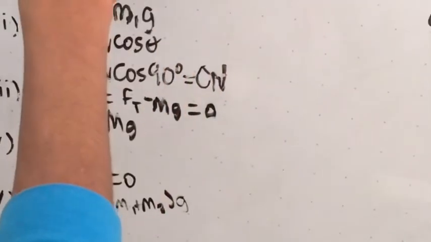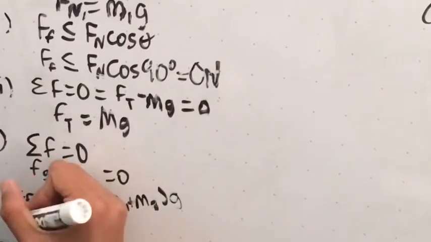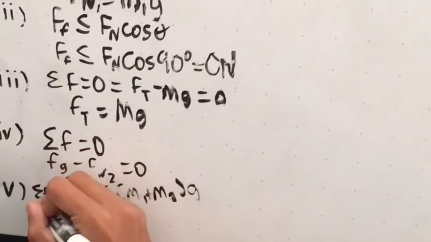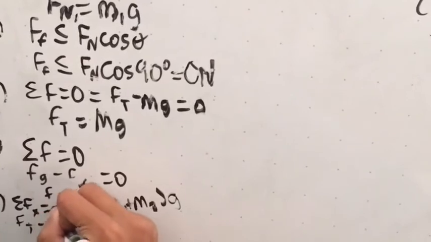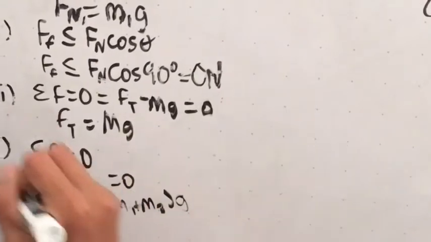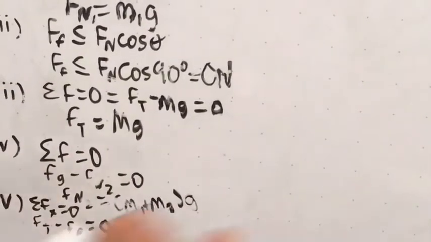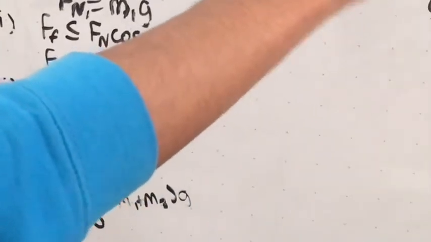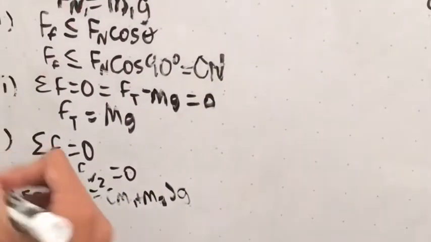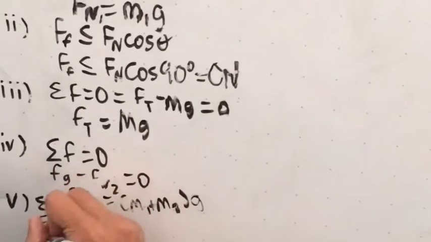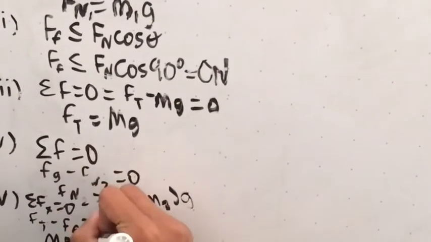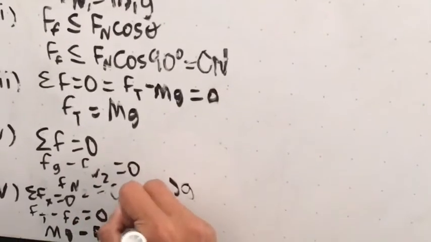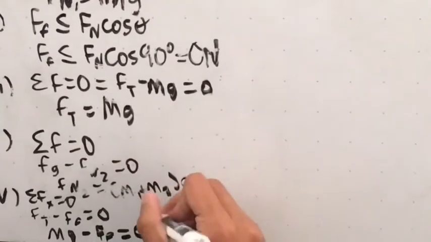So therefore, Ft minus friction force is equal to 0. Since the tension force is the same on block M as it is on M2, the tension force is mg, minus Ff is equal to 0. Thus, Ff